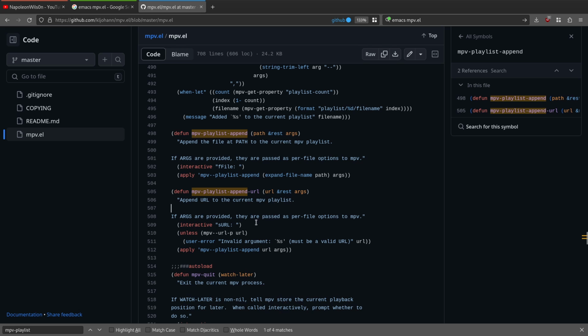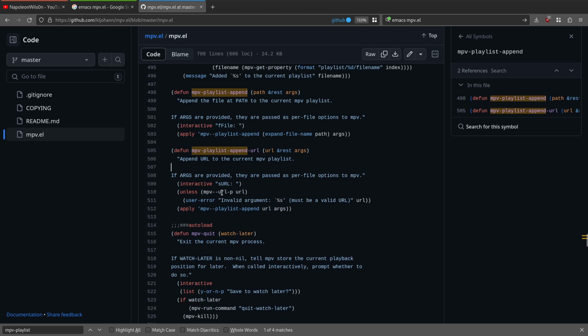So you can see here, this is the actual bit of code. What we can do is copy this bit of code and rejig it into our Emacs init.el file and add it to the Hydra,